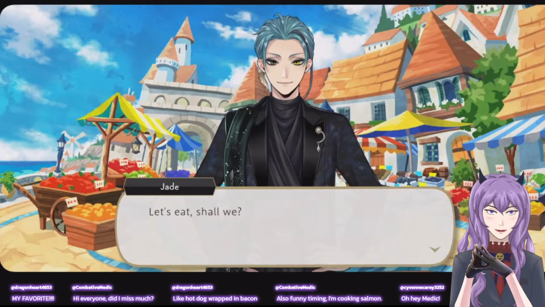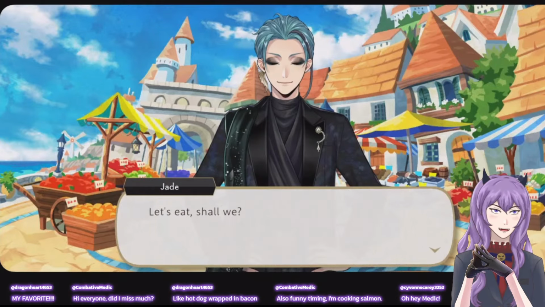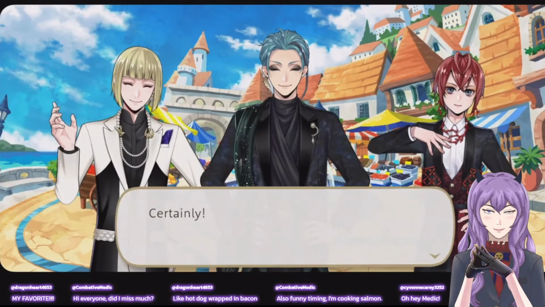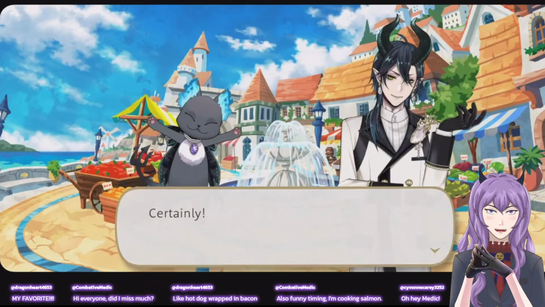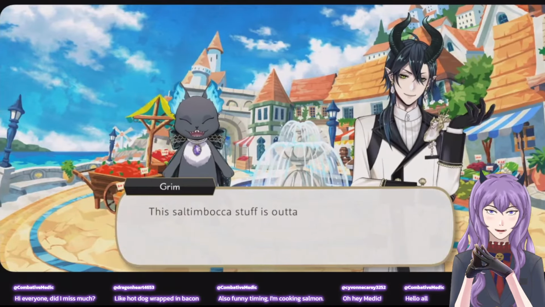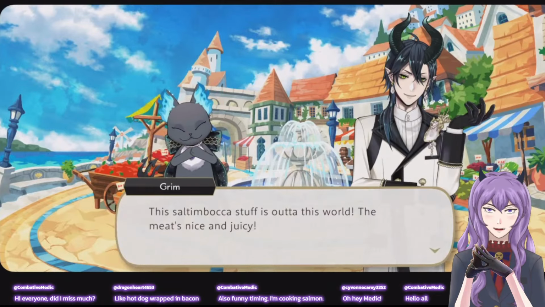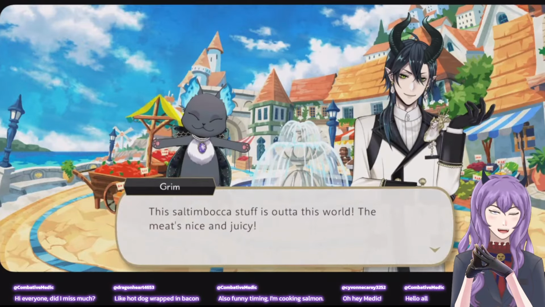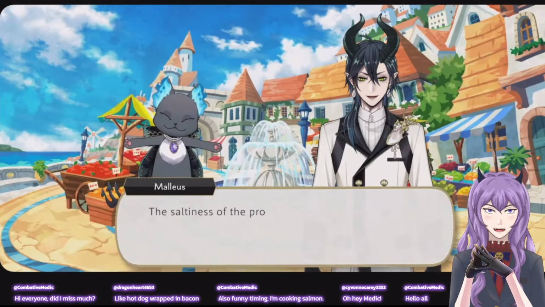A hot dog wrapped in bacon. I mean, you can't go wrong, assuming you're not a vegetarian and you don't eat meat. Meat is pretty tasty. One of the pizzas I like is Meat Lovers pizza. Salta Boca. I gotta look that up more. Now I'm super curious about this dish.